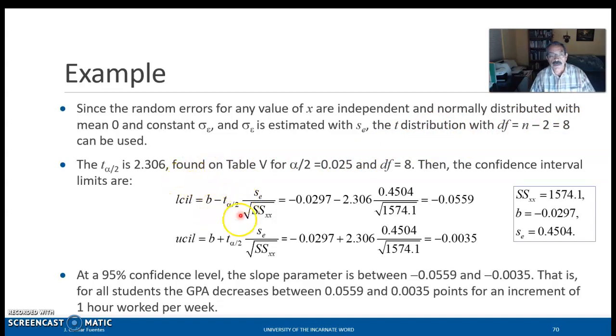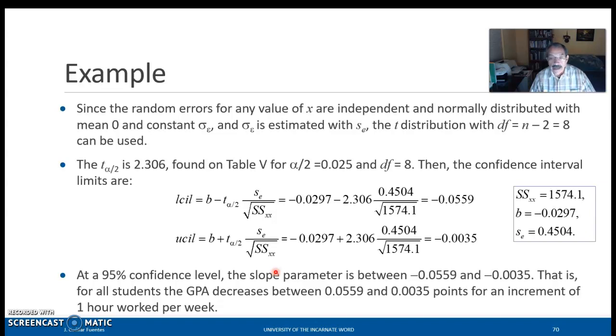So here are the equations for the confidence interval, and then we find that the t alpha over 2 is 2.306 by going to table 5 with alpha divided by 2 and degrees of freedom of 8. So using this critical value, or this t alpha over 2, and the sum squared of the xx, the b, the estimate of the slope, and the standard deviation of the residuals, then we use these equations, we put those numbers into the equation, and we find these limits for the 95% confidence interval limit of the slope parameter. So we can say that at a 95% confidence level, the slope parameter is between minus 0.0559 and minus